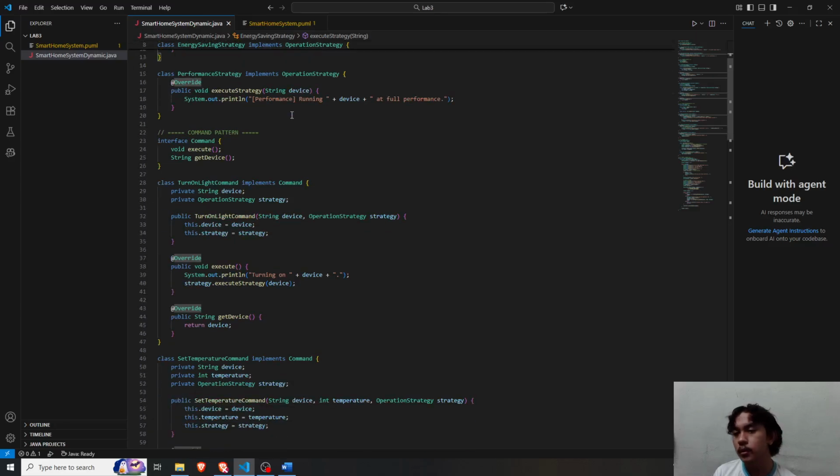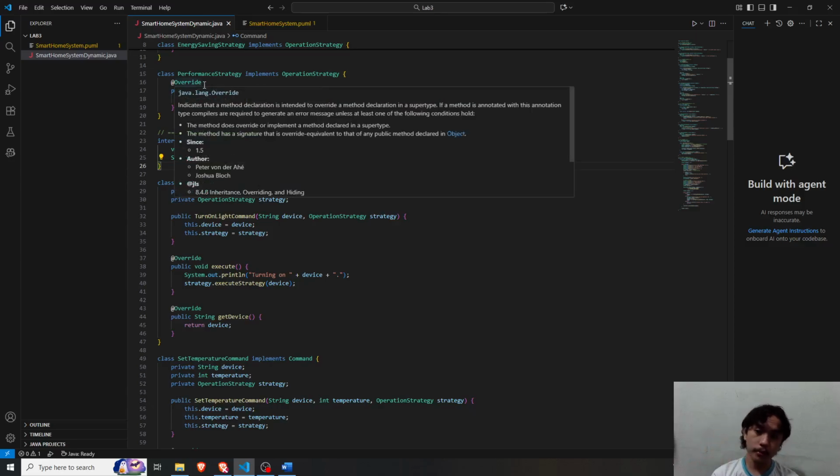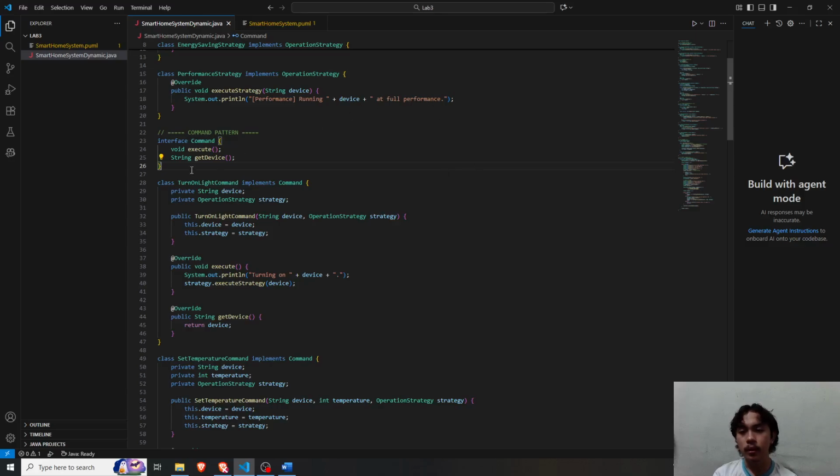Second one, the command pattern. We have our command interface, or abstract class, here. We have two methods: execute and get device.